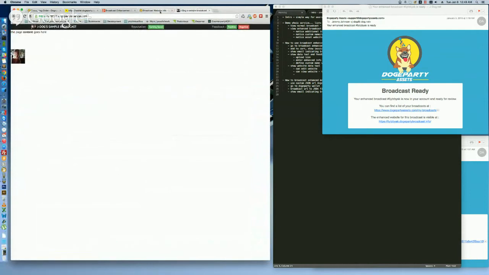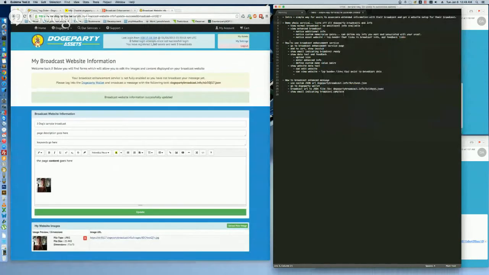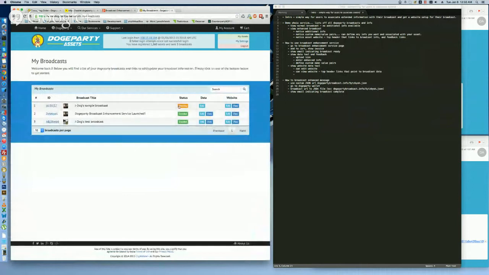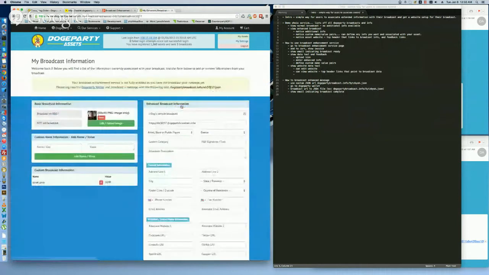So now let's go back and show you how to actually broadcast it. You see in the My Broadcast list here, the status is pending. And when we click the pending, it tells us your enhancement service is not fully enabled as you have not sent your broadcast yet. To send it, please log into the Doge Party wallet and broadcast a message with the following text. So let's do that. We just copy this text,